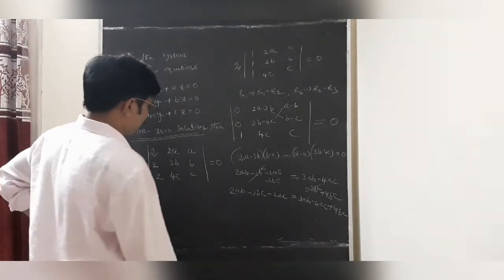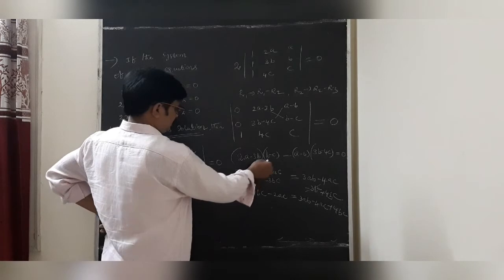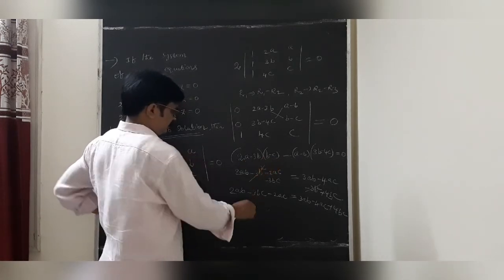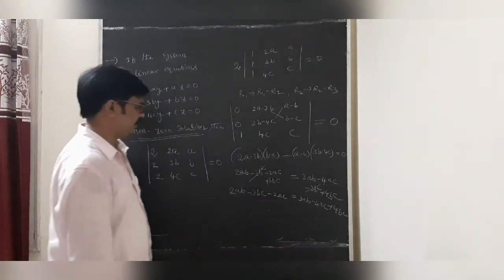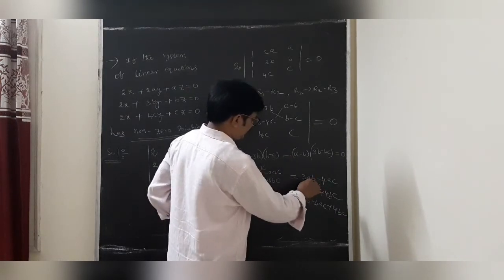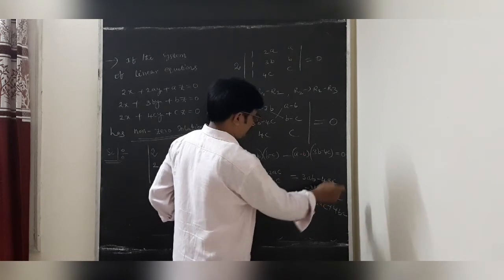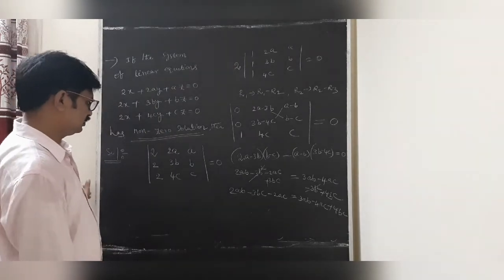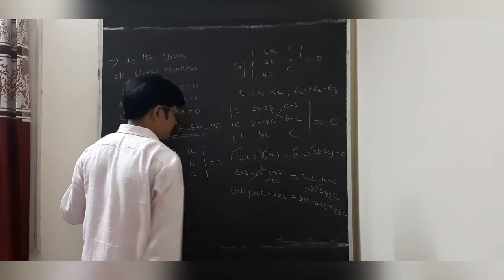My dear students, what is the calculation here? This is 2AB minus 3B square. When you multiply with minus, this is minus 2AC minus minus plus 3BC. So dear students, what happened here? The minus term is sent to the other side as plus, this is 3AB minus 4AC, and minus 3B square minus means plus. So students, we observed here 2AB plus 3BC minus 2AC.